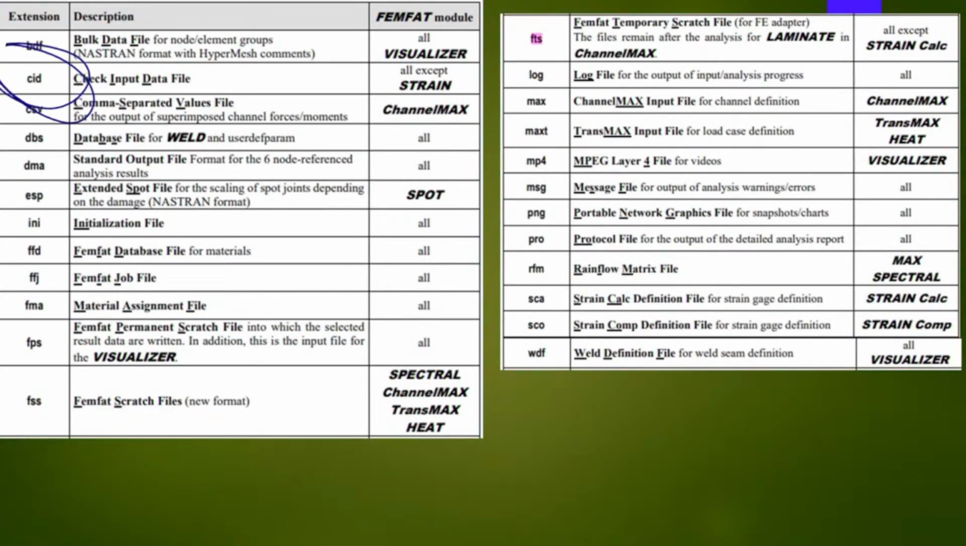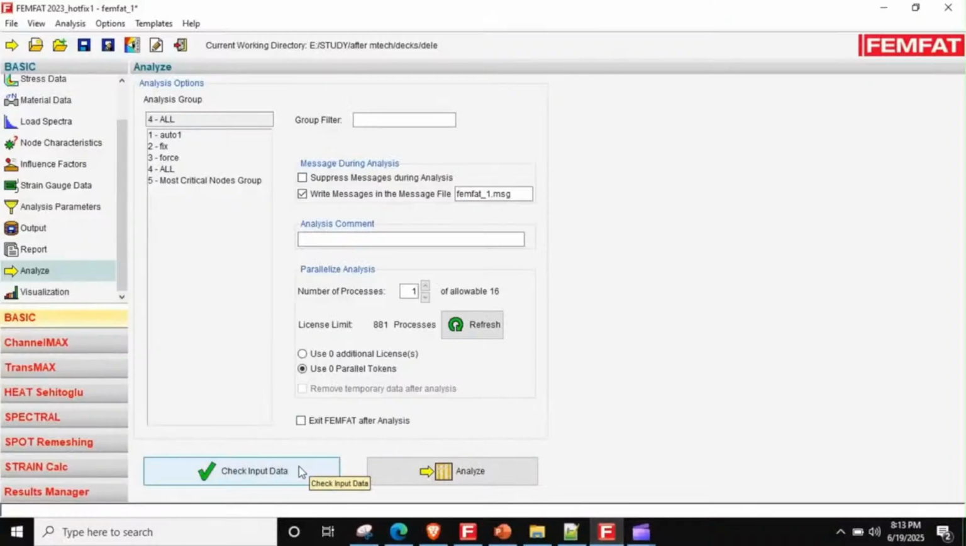Now we will check what the CID file in FEMFAT is. It is the check input data file. If you go ahead and hit check input data,